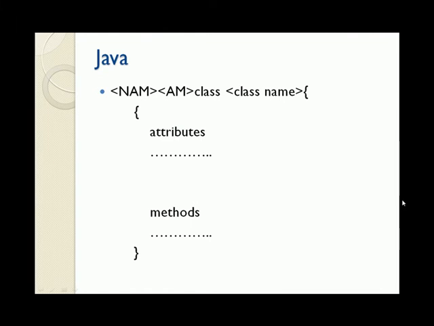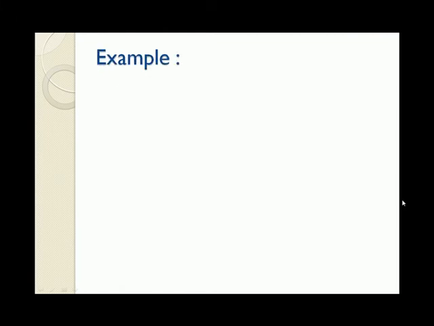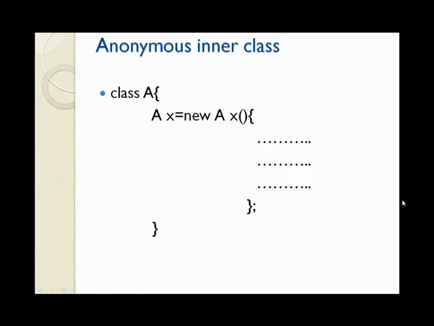Now, is this the only way to define a class in Java? The simple answer is no. There is another type of class called anonymous inner classes. These classes don't use the keyword class. This is syntactically different from what we are used to, and because of this we can say that this is a violation of the syntactic consistency principle. This kind of syntax might confuse the programmer.